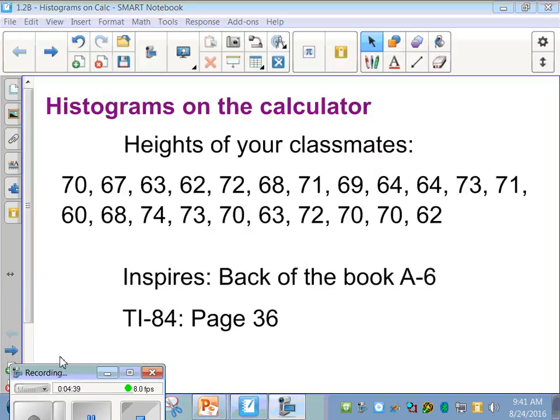All right, so we're going to start with a little less data and make a histogram. So if you guys have an Inspire, you go to the back of the book, Appendix 6, near the back. It has a whole bunch of calculator stuff. If you have the 83 or 84, then you go to page 36 in your book. Okay, we're going to go through the steps of making one with the heights of